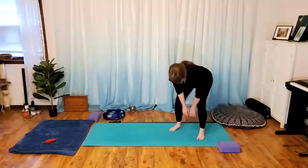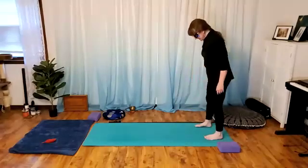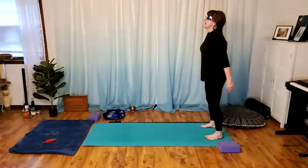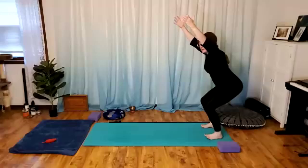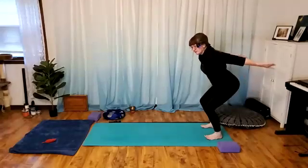All right, and then slowly come to stand. We'll step near the back of the mat. Feet about hip distance apart. As we inhale, we'll find chair pose, moving the hips back, shifting weight into the heels. As we exhale, just move the arms, sweep them down and back, just as far as they're able to go